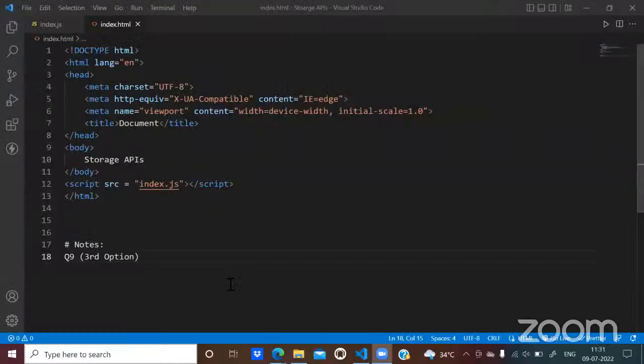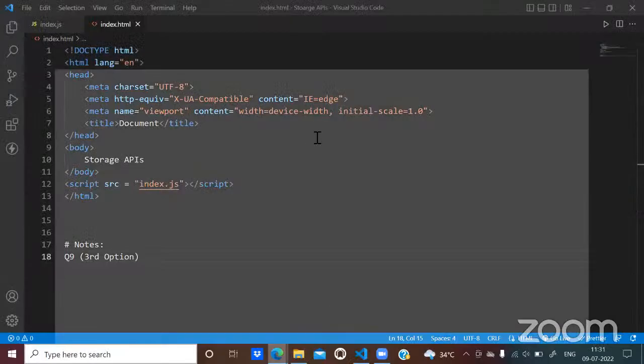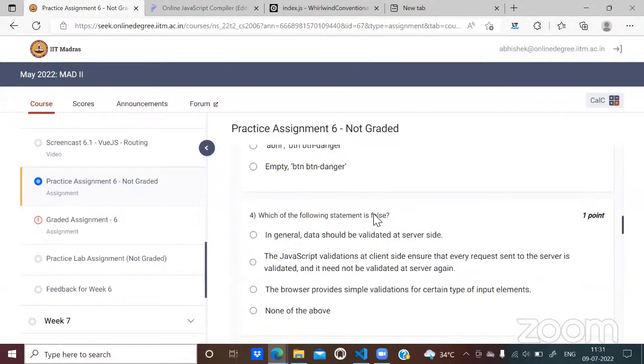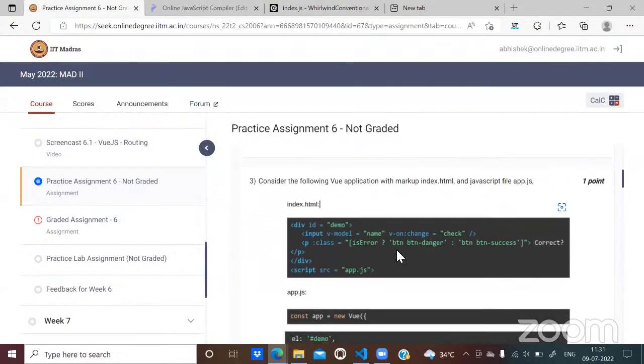Sir, PS6 question 3. My mic wasn't working at that time. Which one? Practice assignment 6, question number 3. Okay, I'll have to share my screen as well. So this is the question, is it?